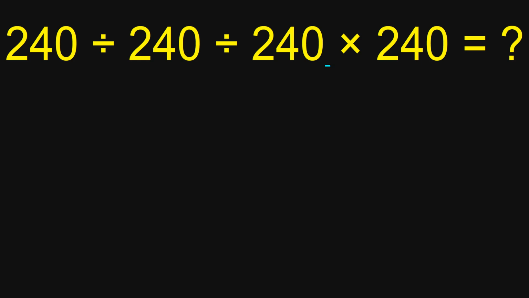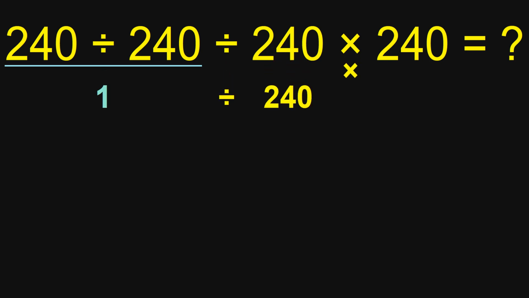If you do this multiplication before this division, it's wrong. And now let's start our solution. So first we do this division. We have 240 divided by 240, which equals 1. Now our problem became 1 divided by